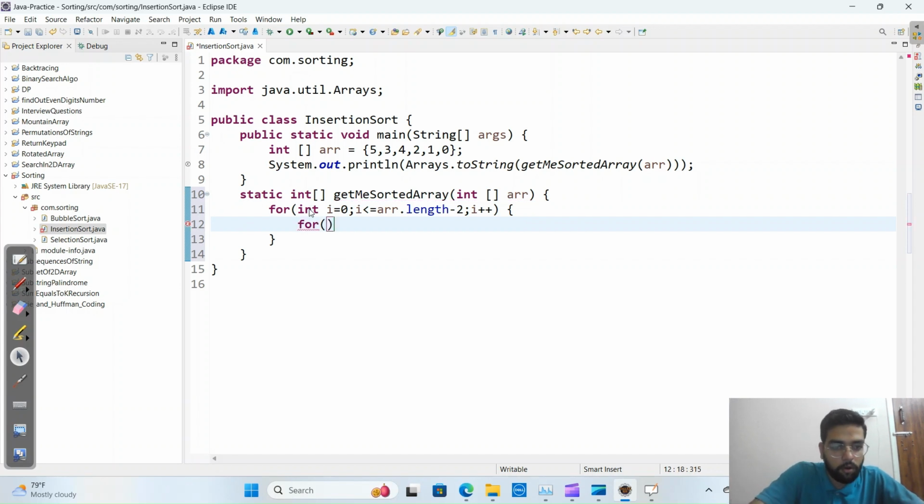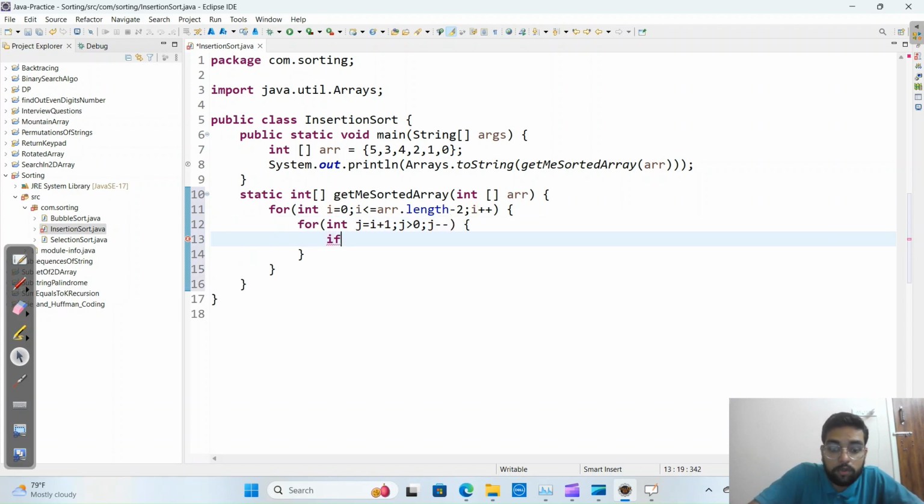Okay. For int j equals i plus 1. If i is 0, j is 1. If i is 2, j is 3. Okay, j greater than 0. Okay, because when j is 0, no, only greater than 0. Because if j is 0, see, I'll explain. j minus minus. Now we need to check if arr of j